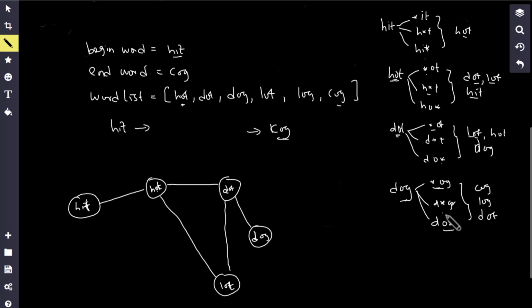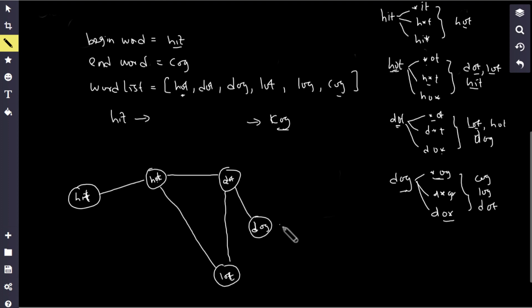Okay, well, again, what would be the neighbors? What are the neighbors in this case now? Well, the neighbors here for dog are going to be cog, and also log, and also dots, which is undirected here. Okay, and then if we try it for all other elements here, we will find out, for example, for cog,